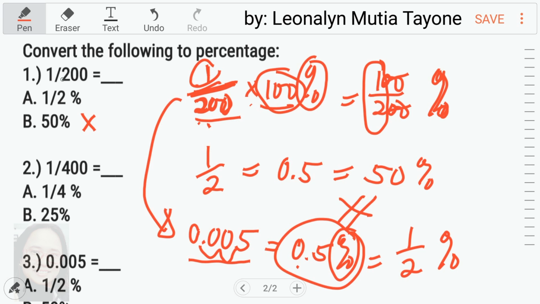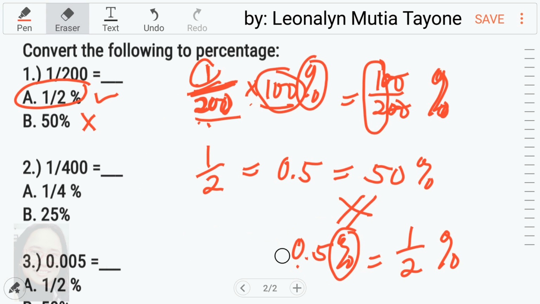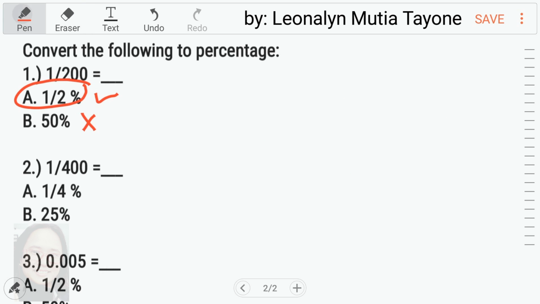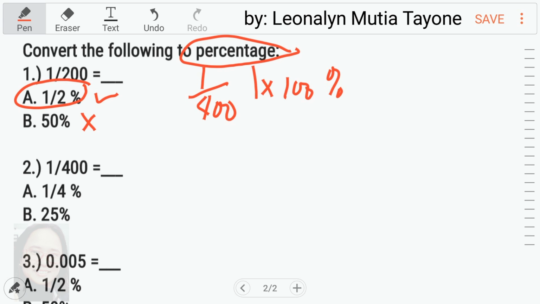So, ang sagot dito ay letter A, 1/2%. Next, dito tayo sa number 2. 1 over 400. Ngayon, i-convert natin into percentage. Again, pag mag-convert tayo ng percentage, mag-multiply tayo ng 100%. Constant yan siya. Kapag mag-convert tayo ng percentage, we always multiply any numbers to 100% para magkaroon siya ng percent